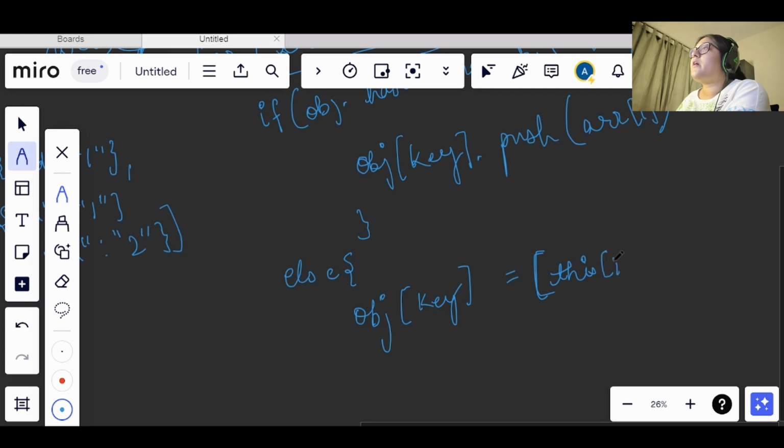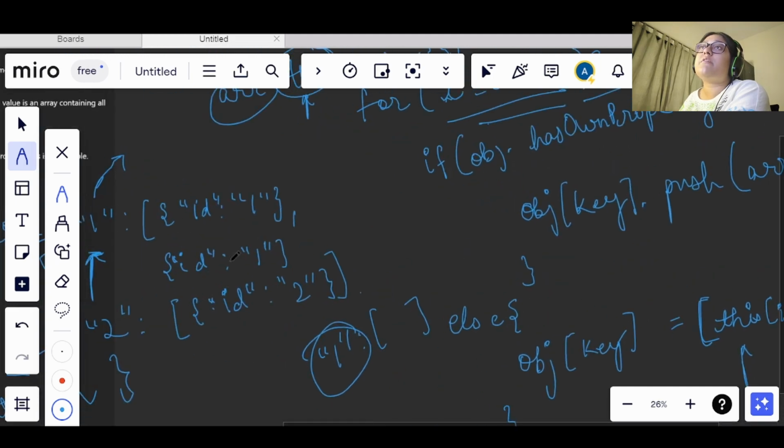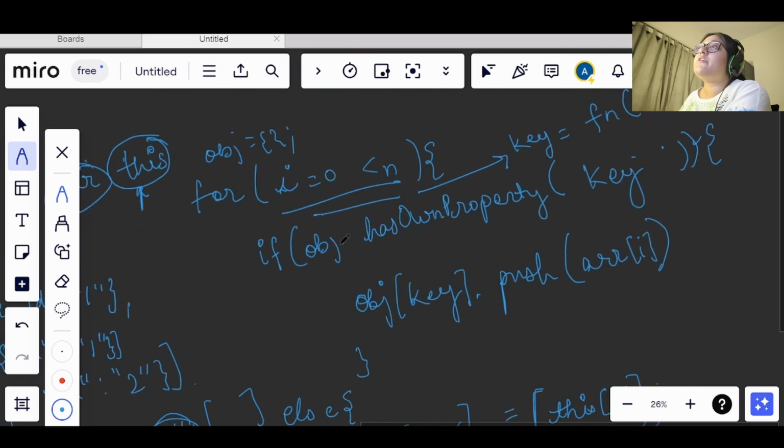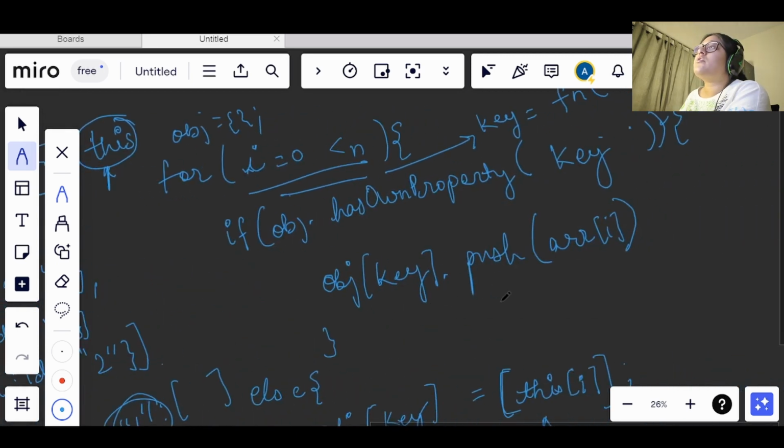So we will pass this of I in the new array. Let's say for the first time we were adding key as 1. The value was not there, so we were declaring an array. So this will declare a new array, and after that, if we already saw that 1 was there, then we were pushing more values into it. Since it will have a property, it will push the new value inside that, or the same value inside that, because these values are the same. So this is what will happen.